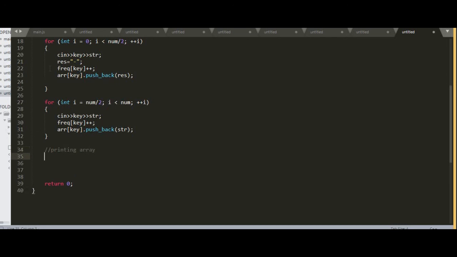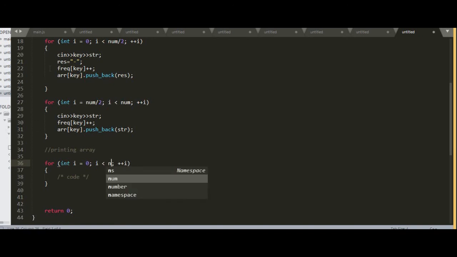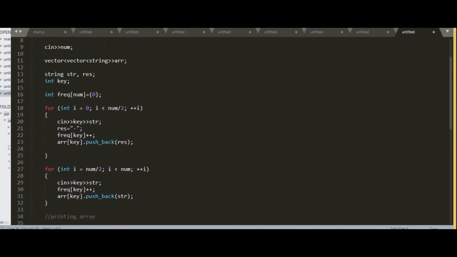So let's take a for loop. What we would be doing here is going for n by 2 or num by 2. Why? Because we have created an array which is of size, okay, I haven't mentioned it. The maximum number of possibilities of indexes, that is keys, distinct keys, is n by 2.